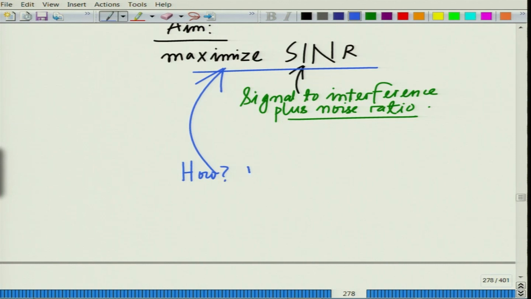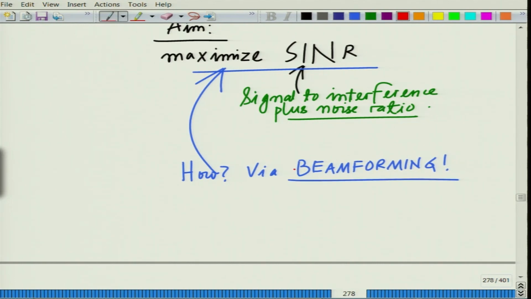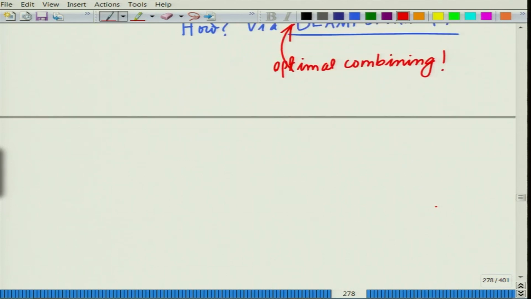We ask the question how. Again, our answer is via good old beam forming, which is essentially nothing but the optimal combining. Right, this is nothing but optimal combining. So, take the received output symbols, and we perform W1 conjugate, W2 conjugate, so on,